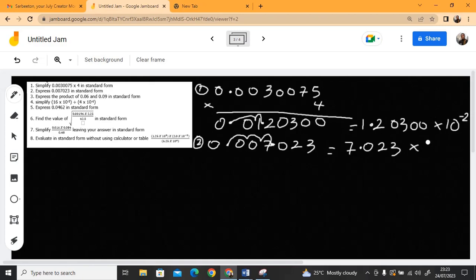Times 10 raised to the power of what? How many times do you move the point? Minus 3, because we started from 0 point. Now the next one I said: express the product of